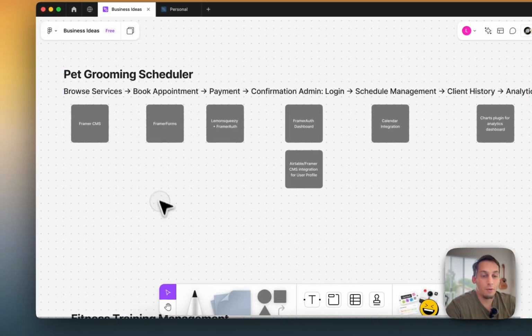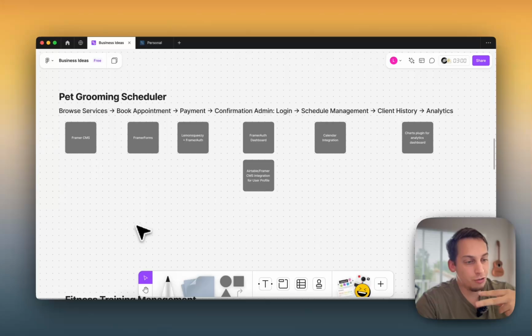have a type of form where you can say what type of dog it is. Do you want the hair to be very short, or do you want it to be more stylish, right? Because there's dogs like, for example, mine that you don't want to cut the hair too short. You just want it in a specific style. You can maybe add some pictures for reference,